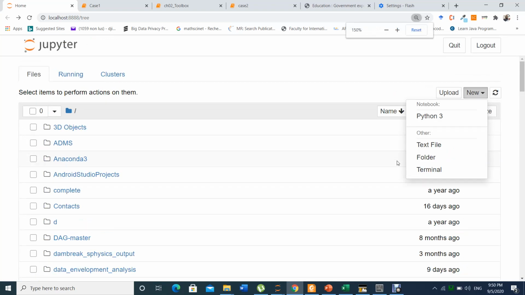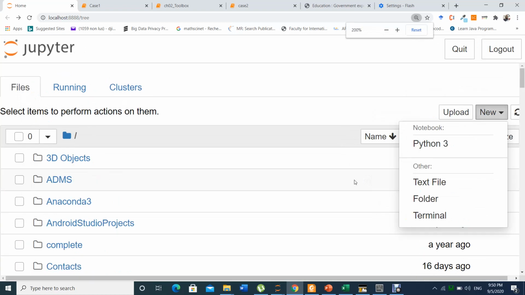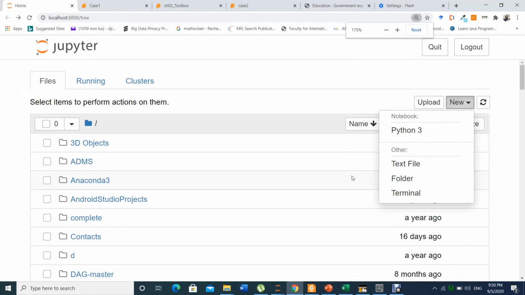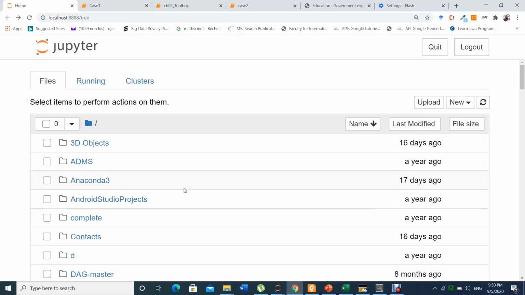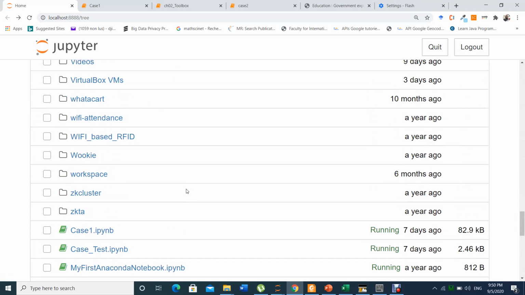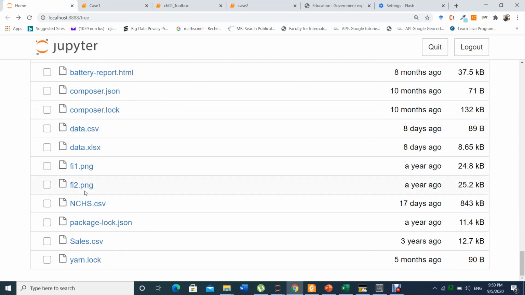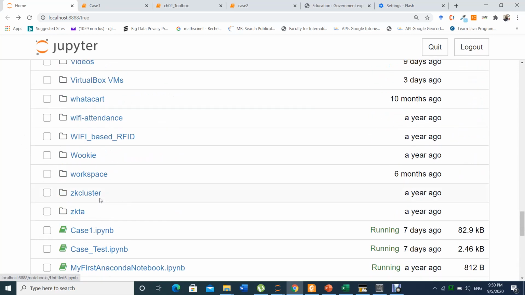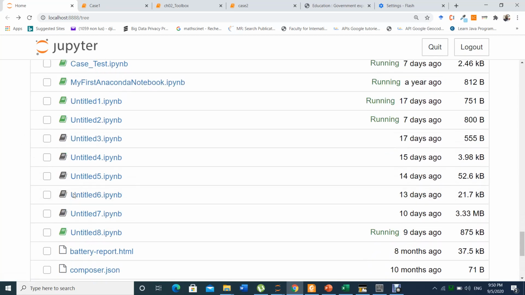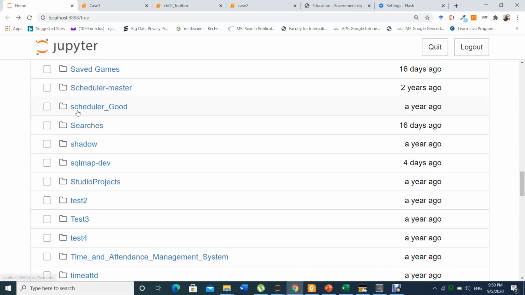Let me zoom in a bit. Now it is more visible, I think it is okay now. You go to New, Folder, and you get a folder. You will rename it. I have already created one. Let's find it, okay, here. You select it and go to Rename.